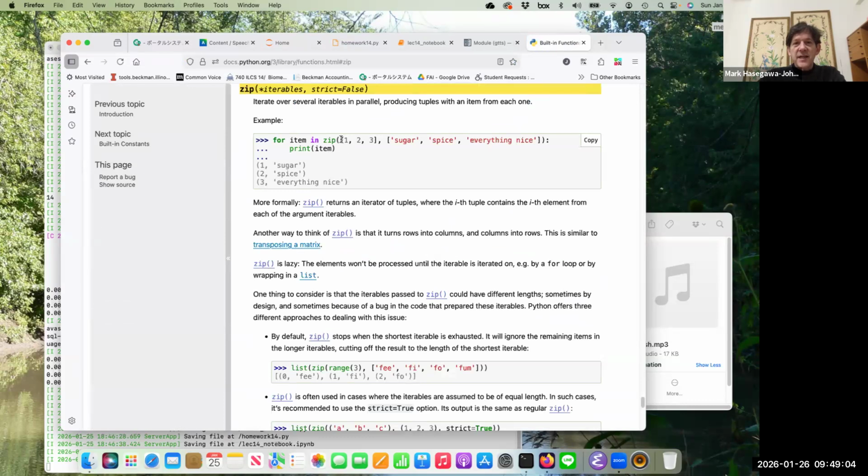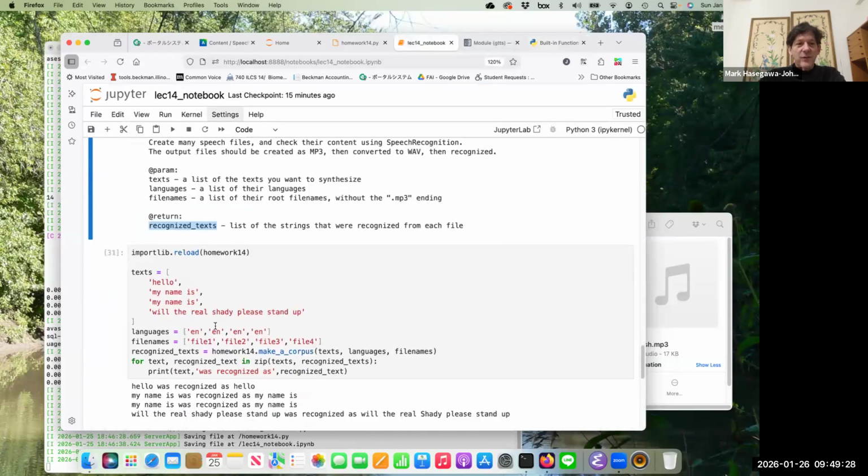So the zip function takes a series of lists, 1, 2, 3, sugar, spice, everything nice, and basically returns one element from the first list and one element from the second list together as a pair. So the first pair is 1 comma sugar, the second pair is 2 comma spice, the third pair is 3 comma everything nice. And so this is a really convenient way for us to